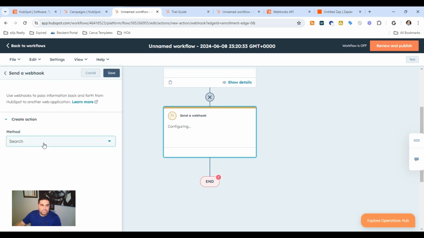Now, in the method, it's important to understand how webhooks work. Webhooks work in two ways. You can send information. You can also call it to retrieve information, right? So it does both instances. You can post, where you actually send the data to an external third-party app, which in this case would be